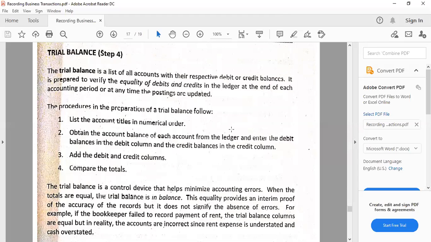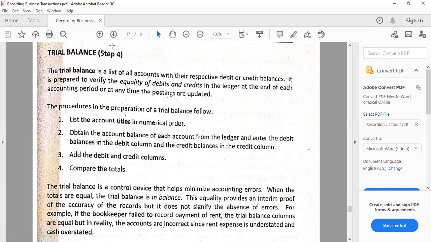That's why we normally have an assumption that if the two sides, namely the debit and credit, are equal, we assume that you are able to perform the previous or prior steps, namely the journalizing of transactions and the posting process. And normally and mostly for the posting process, because that was the prior step or step two. Notice also that this is step four, everyone. However, because we are lifting from other sources also.